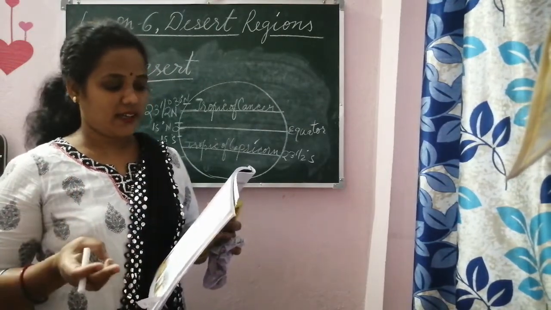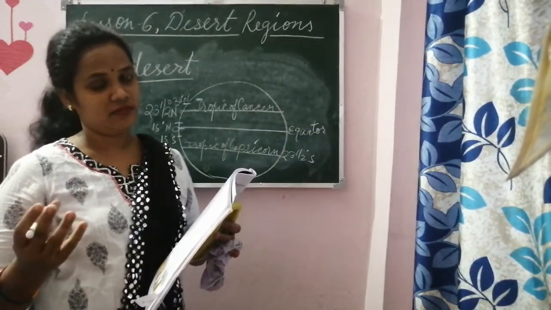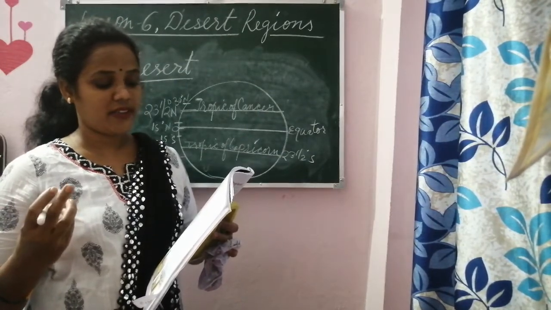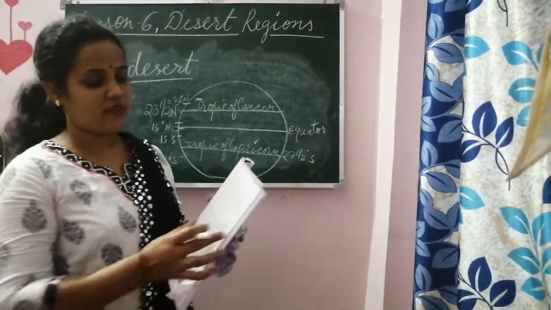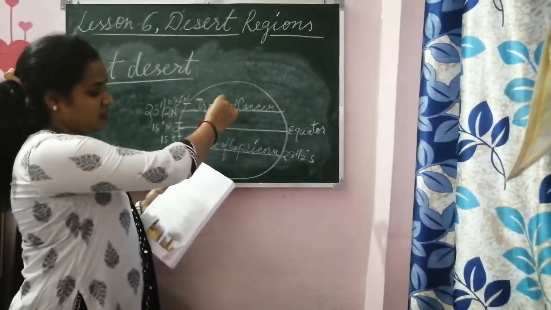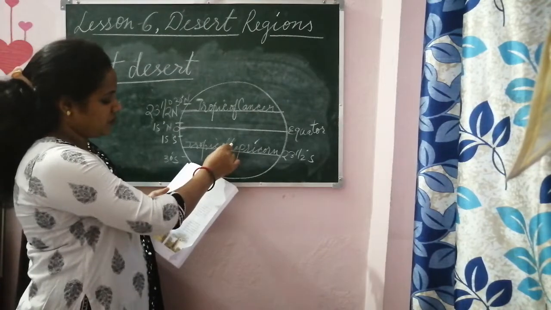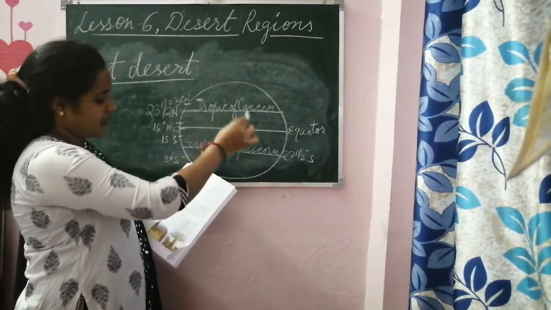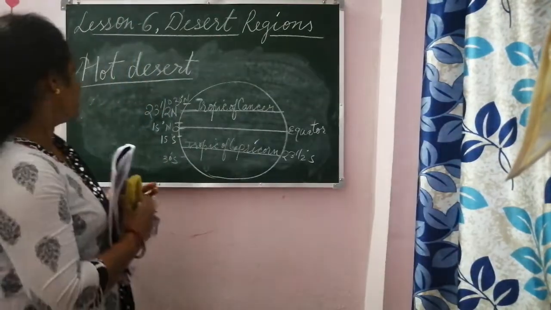Sahara and Kalahari are in Africa. Okay, and Arabian Desert is in Saudi Arabia and Chihuahuan Desert is in Mexico. Thar Desert is in India and Pakistan. Alright, and hemisphere is also given. See which hemisphere, they are in the north or south. Sahara Desert is in the north. Arabian Desert also in the north. Great Australian Desert is in the south. Kalahari Desert also in the south. Chihuahuan Desert is also in the north, and Thar Desert, which is in India and Pakistan, also is in the north. Clear?